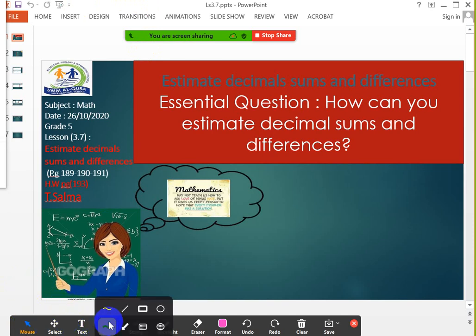Okay, girls, today we will start about decimal numbers, how to estimate decimals, sums and differences. So I'm waiting for the others. I think all of you are here. So girls, today,